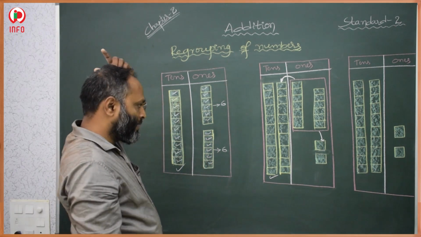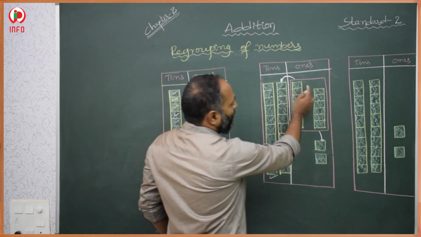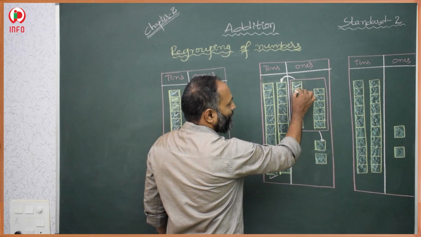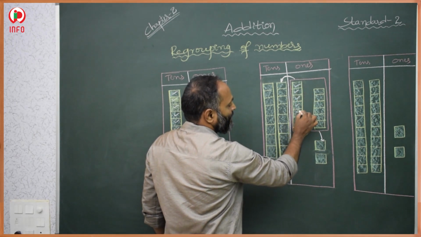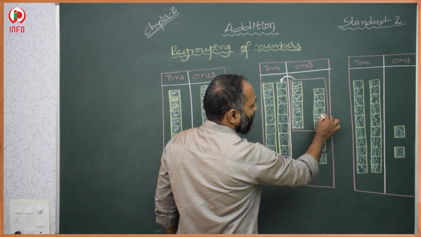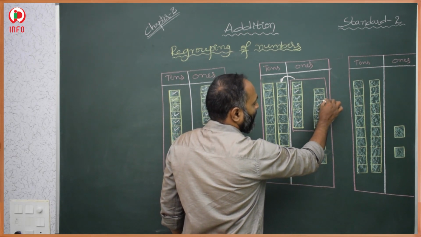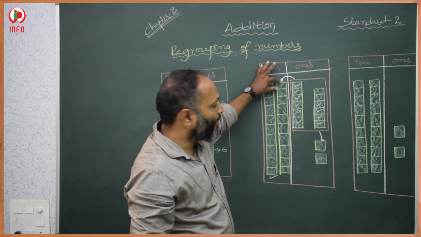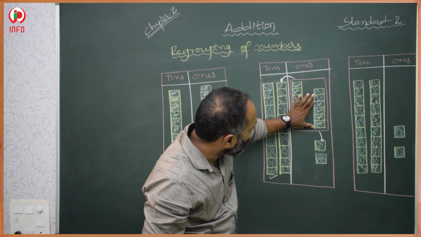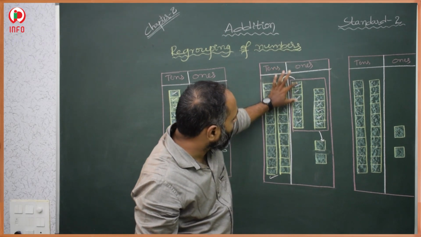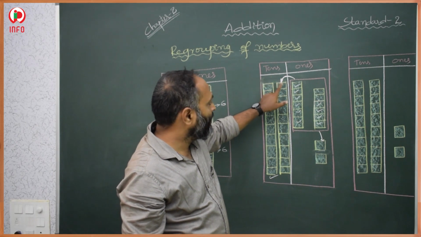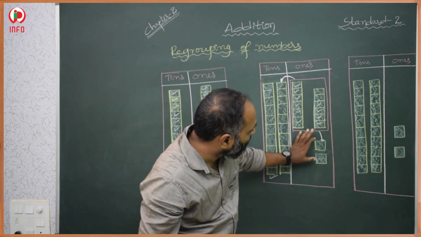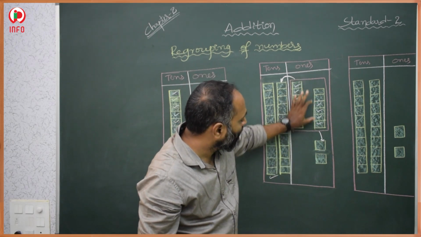Of these 12 sub blocks, we take 10 and make one tens block. This is 1, this is 2, this is 3, this is 4, this is 5, this is 6, this is 7, this is 8, this is 9, this is 10, till here. Again you make one big 10 block. Then you get one more 10 block here, and 2 blocks were left. The 2 blocks you keep here.